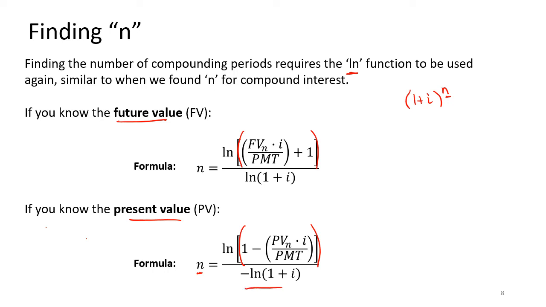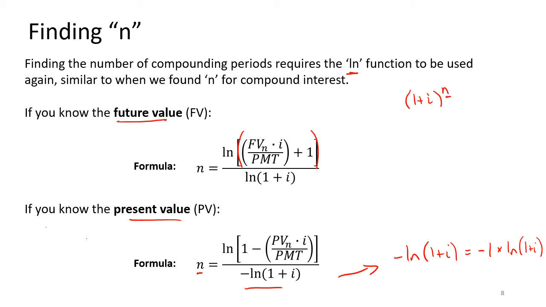So what the negative ln means, remember, negative ln of 1 plus i is the same as negative 1 times ln of 1 plus i, right? That's what that negative means that's sitting behind the ln symbol. All right, that's very important because when you're doing these calculations, what you'll notice, there's a reasoning behind it that